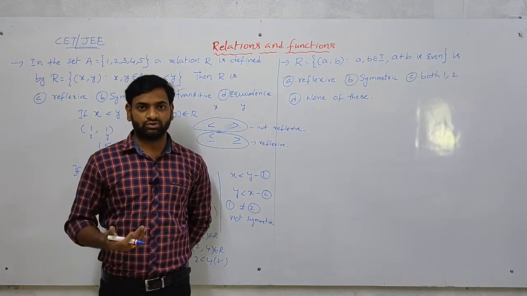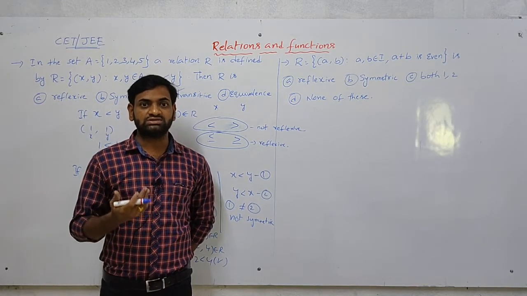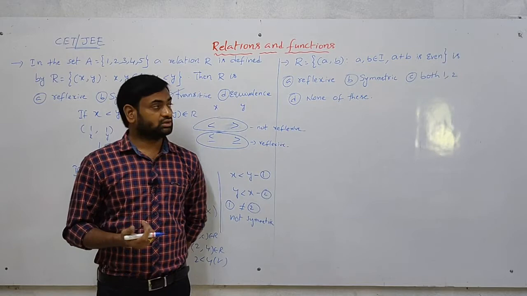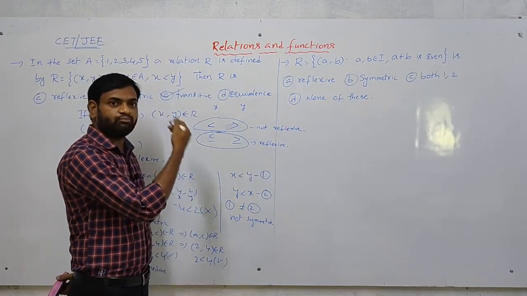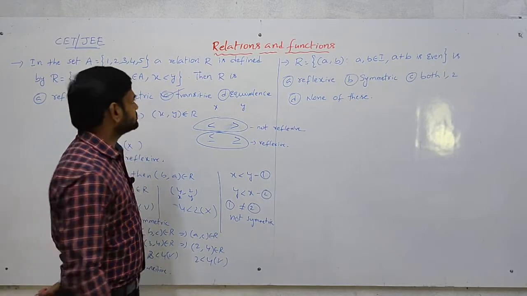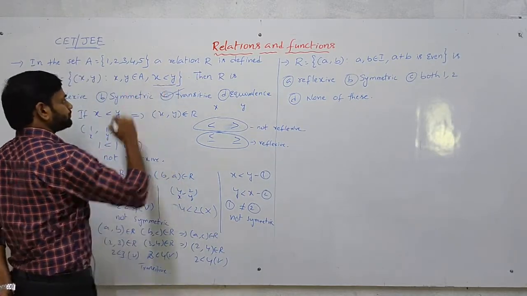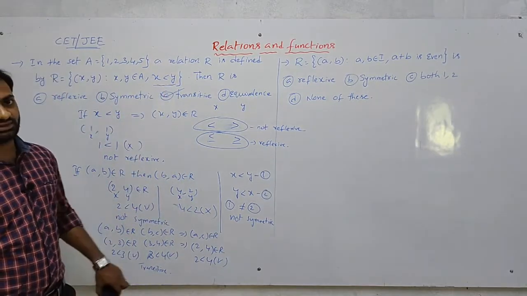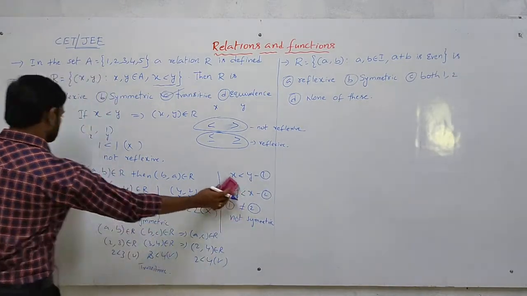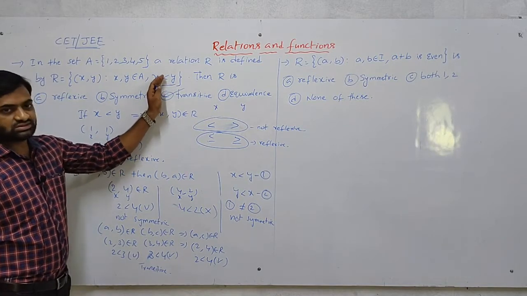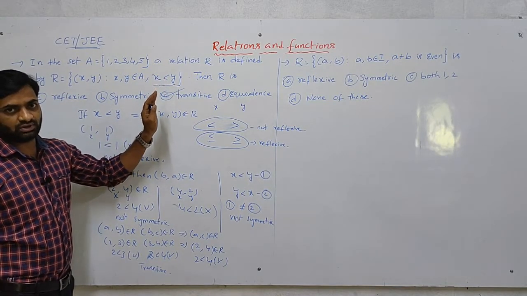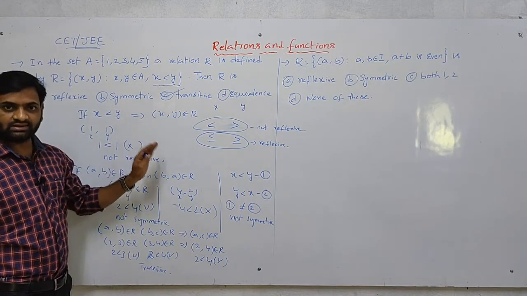Now we have to check whether it is reflexive or not. If there is an equal symbol, it is reflexive. If there is no equal symbol, not reflexive. So completely x less than 1. Arrange everything like this; I just explained how it will be. It is transitive, but not reflexive and not symmetric.